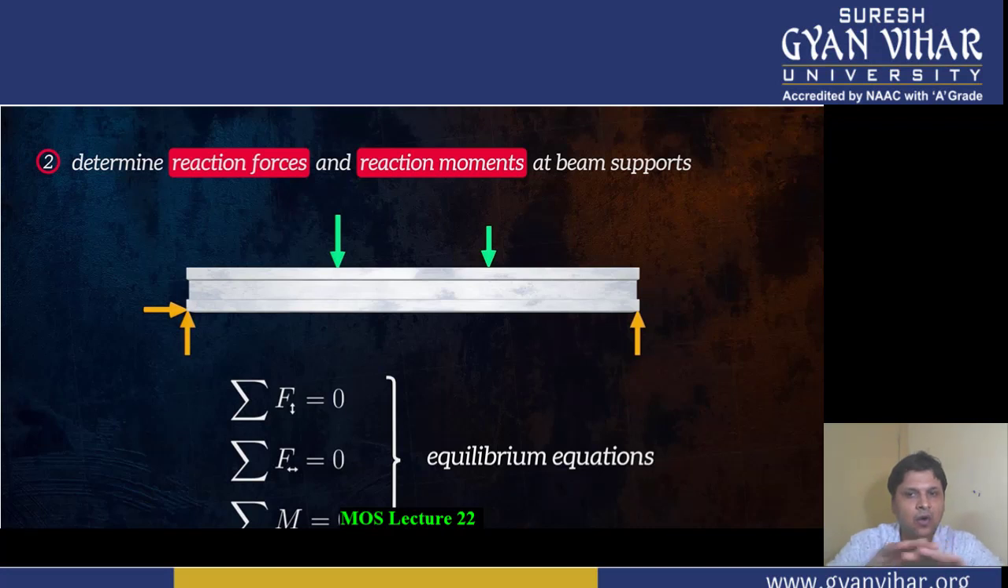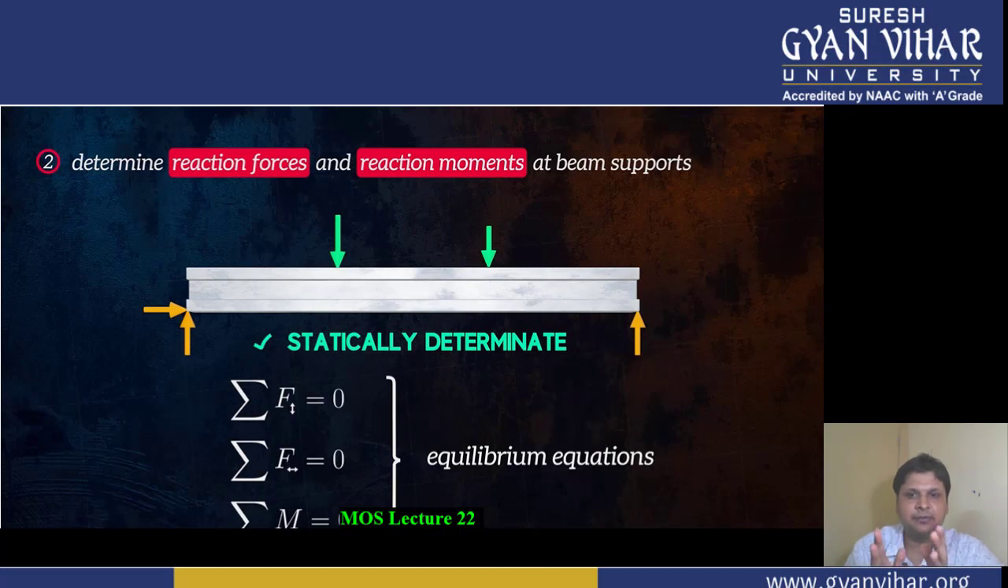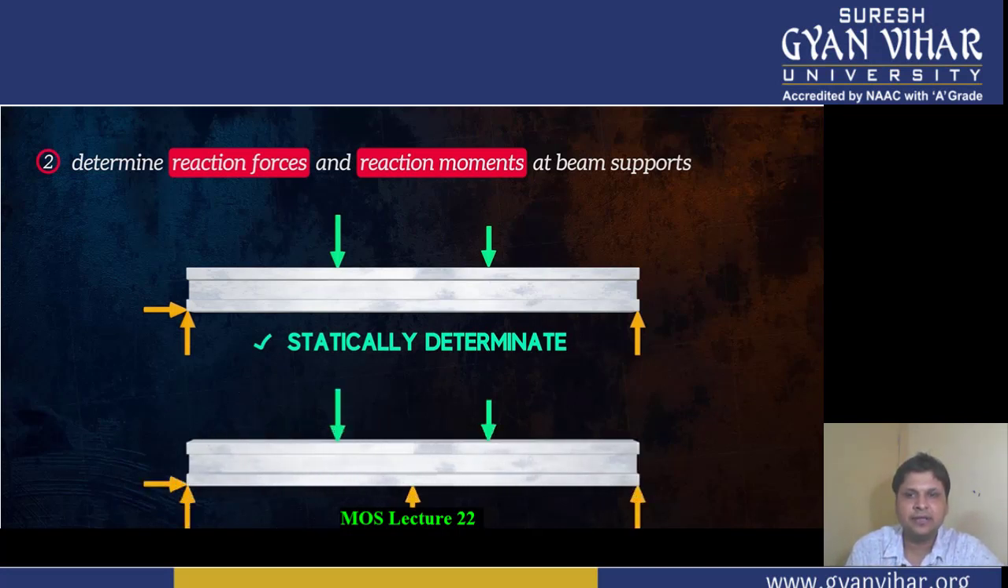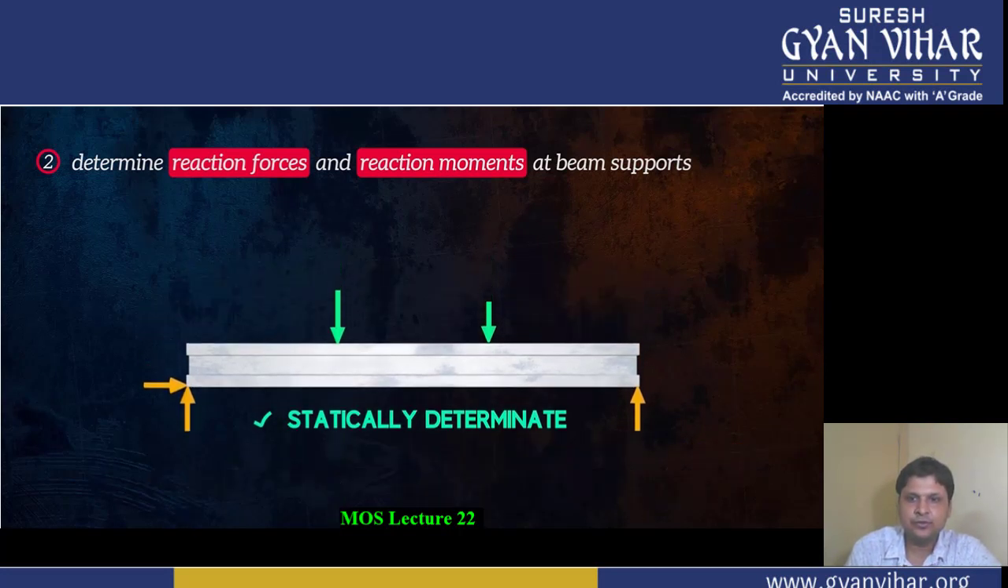If we can calculate all the reaction loads using the three equilibrium equations, the beam is said to be statically determinate. For some beam configurations like this, we won't be able to calculate all the reaction loads because we have too many unknowns and not enough equilibrium equations. This beam has 4 reaction forces, but we only have 3 equilibrium equations. To solve this beam, we need to use slightly more complicated methods and consider boundary conditions. In this video, I will only cover statically determinate cases where we can use equilibrium to calculate all the